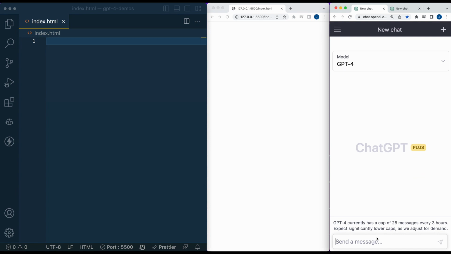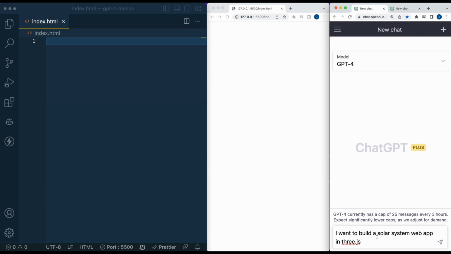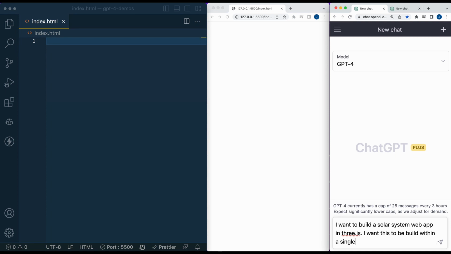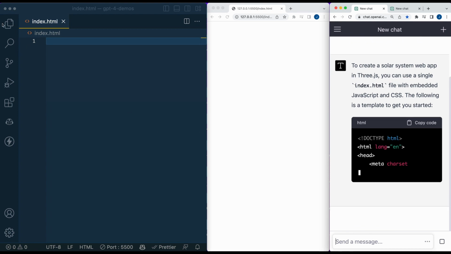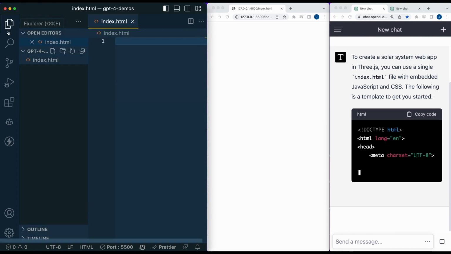So I'm just going to say I want to build a solar system web app in Three.js. I want this to be built within a single index.html. Let's just start with that. So a simple prompt, relatively broad, but I did give it a specific instruction that I ideally want it within a single HTML. So if I show you here, I just have this one file,